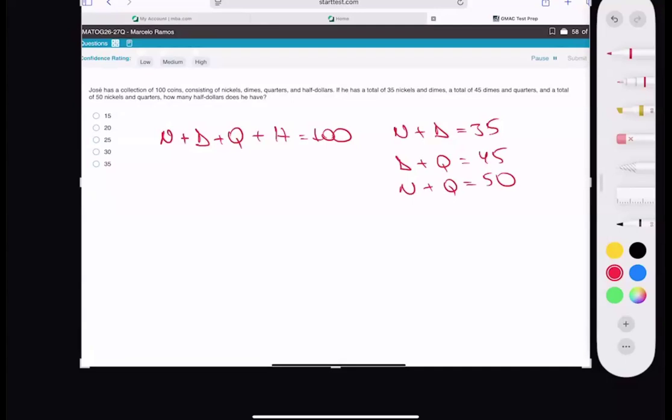Okay, instead of creating a system where you have 4 variables and 4 equations and put everything in terms of just one,